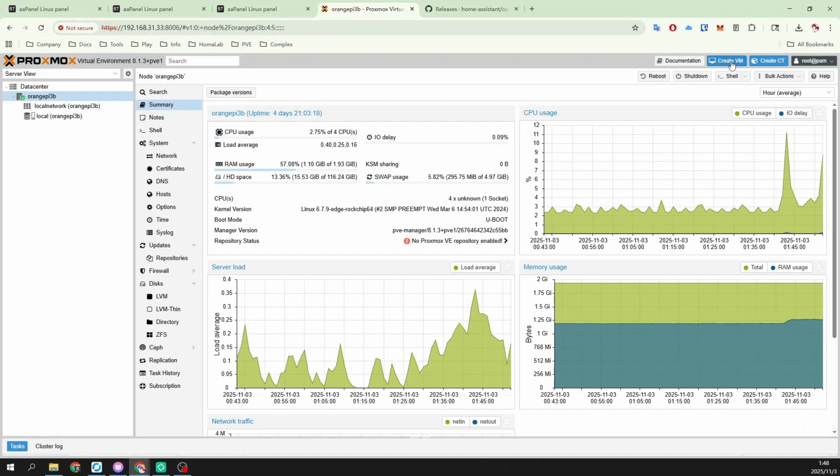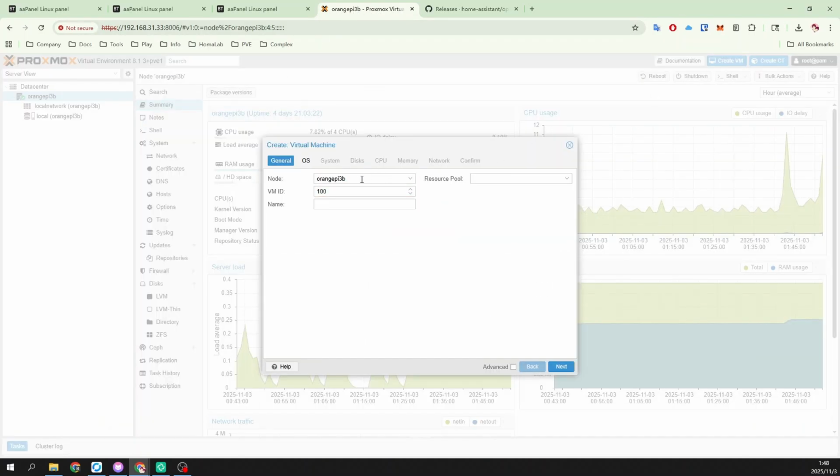Here we need to create a virtual machine. We give the name HomeOS. Select the mask. Click Next. Take a look.